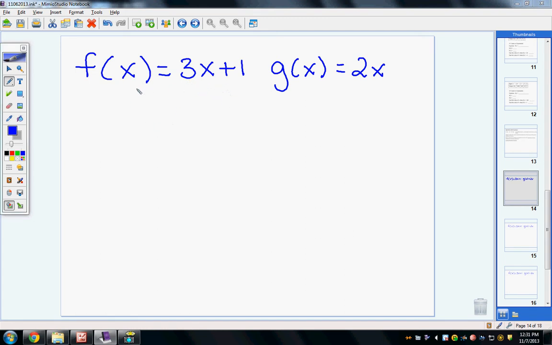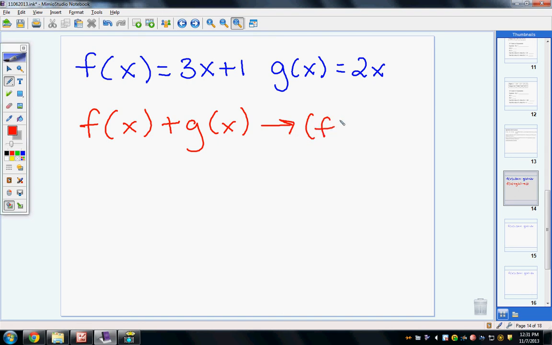So in the examples I'm going to show you today, f of x is equal to 3x plus 1 and g of x is equal to 2x. Again, this can change from problem to problem, but these are just the examples I'm going to use today. Now, the tricky part about function notation is understanding what it means. Let's say you see f of x plus g of x. Well, this is the same thing as saying f plus g of x. I prefer this way, the way that I personally prefer to see it written. However, you are going to see it the other way, and I just want you to realize that they mean the